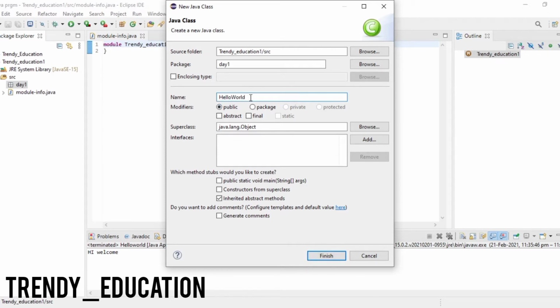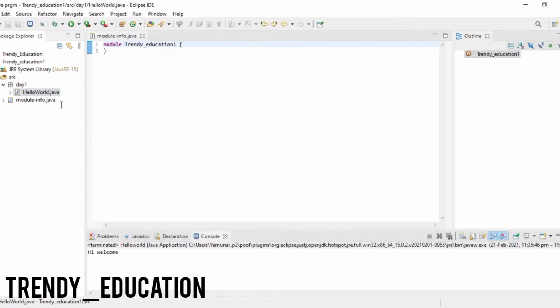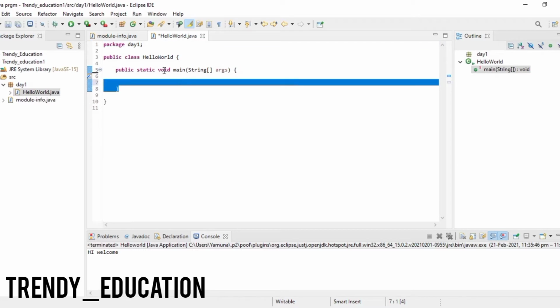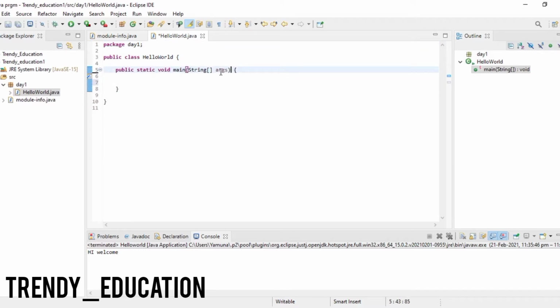I'm going to create a Hello World program, and here you can see public static void main. This is the main method I'm going to include. Click on Finish. Now my class has been created, and here you can see there is a package, there is a class, and there is a main method.